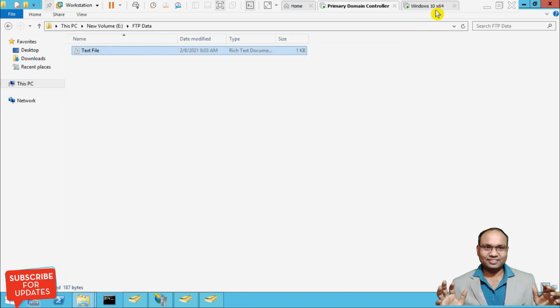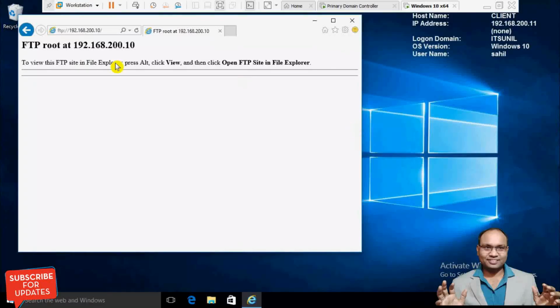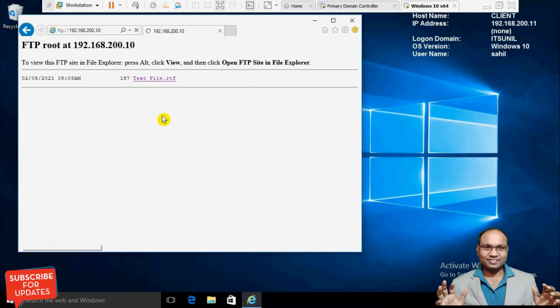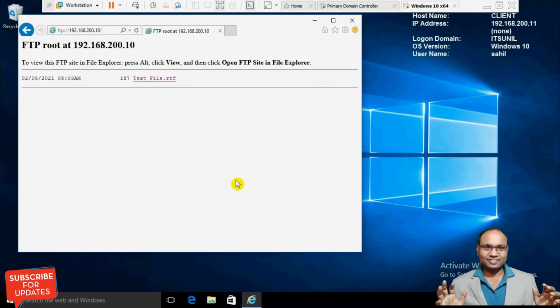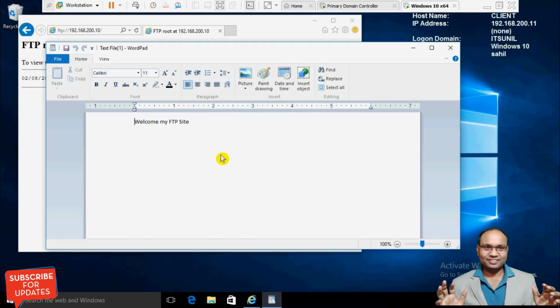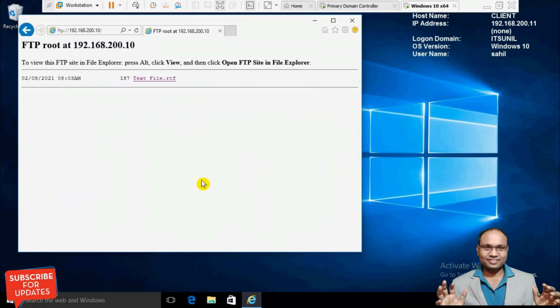Okay, now going to the client machine and refresh here. Now you can check, the test file is here. Now you can see my FTP server is working.